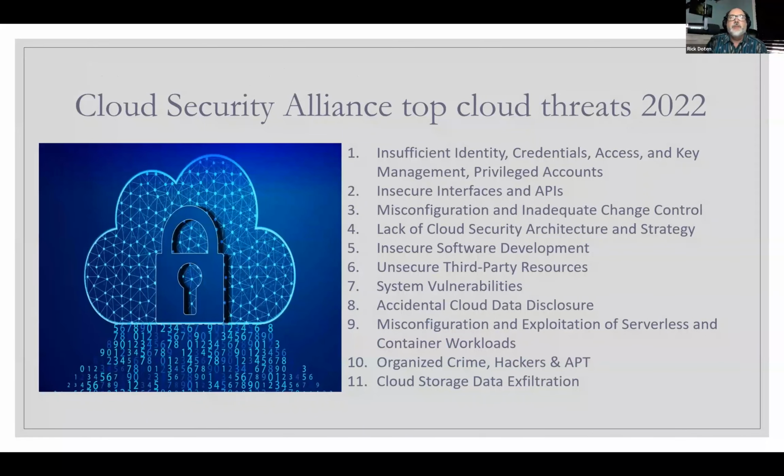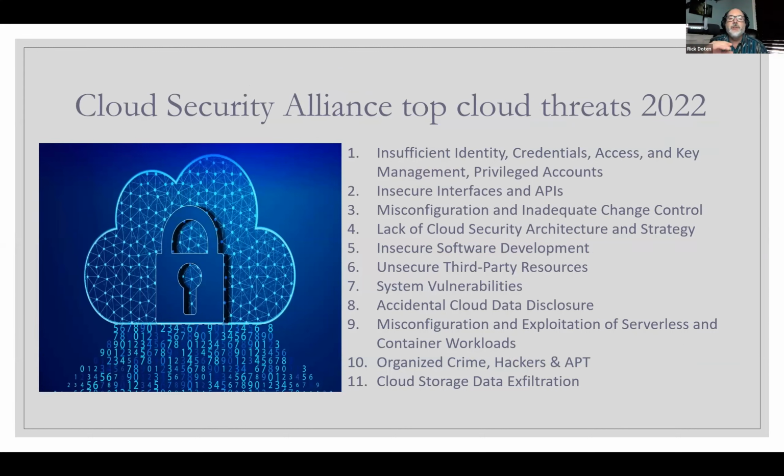So when the Cloud Security Alliance last year put out the top 11 cloud threats, and I don't know why it's 11, maybe they like prime numbers, and then the next screen shows what they've realized are the top ones for this year.